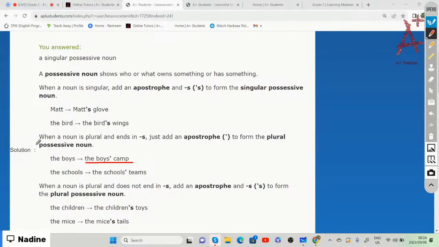So if we have a singular possessive noun, and then we add the apostrophe and the S to a word or name, and if we show the plural possessive nouns,